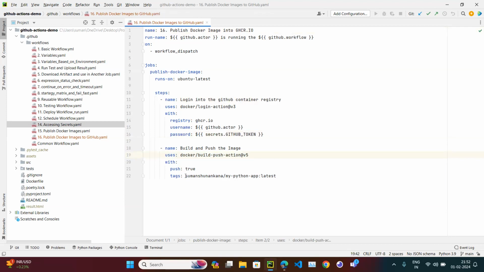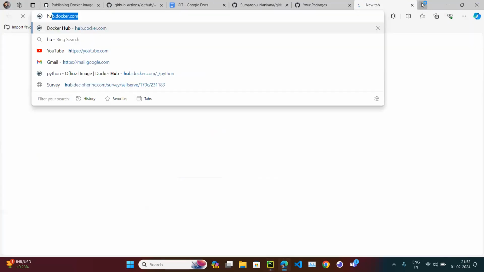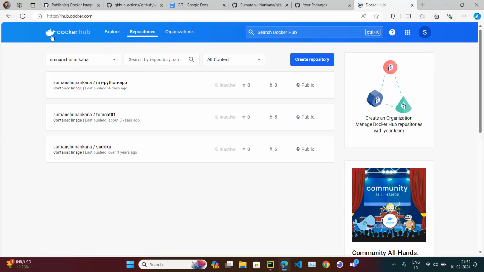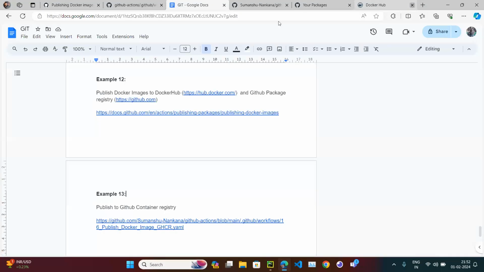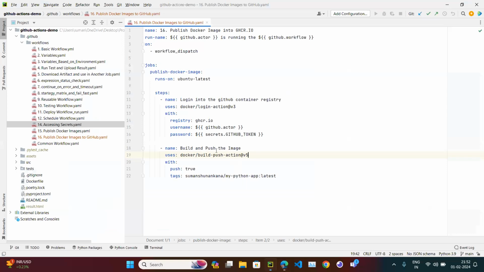But when we push to the Docker Hub, let me open hub.docker.com. When we push anything onto Docker Hub, we need to tag our image, and the tag should be first the username, then the image name, and then the version. All right. But what is the syntax when we push into GitHub? Because this is the Docker Hub syntax. If I run this, it is going to give me an error. This is not a GitHub syntax. So the GitHub syntax is ghcr.io slash